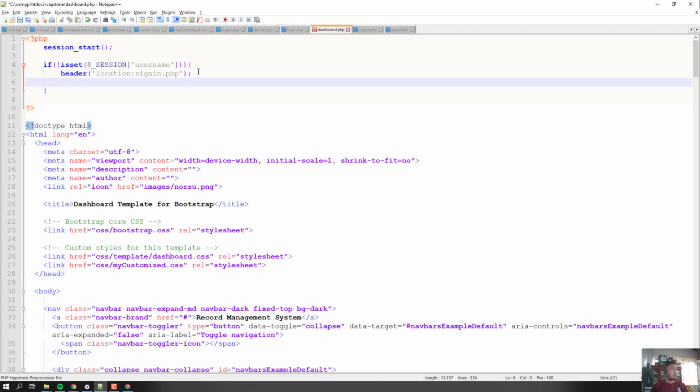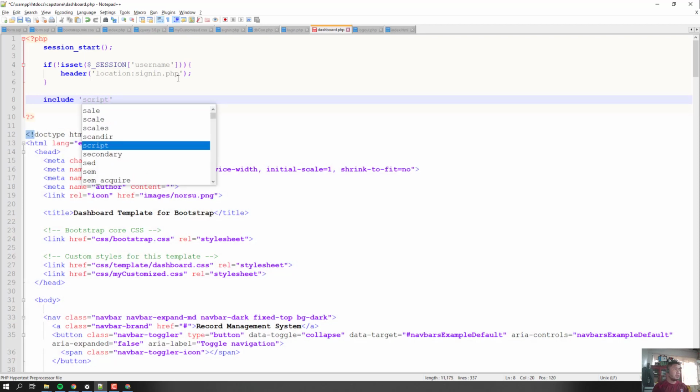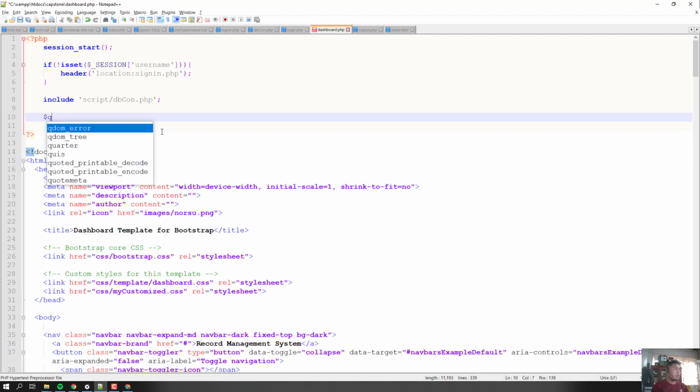So since that is set, we can search a query. We can include here now our database, since we don't have our database connection. We include script, since we have dashboard script, then db con.php. Then we have a query. Okay, so we have a query. We have an SQL statement. Okay. SQL, SS fetch